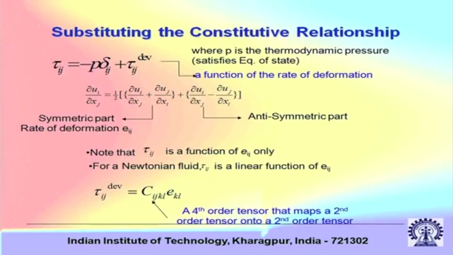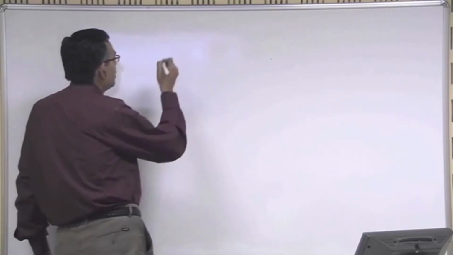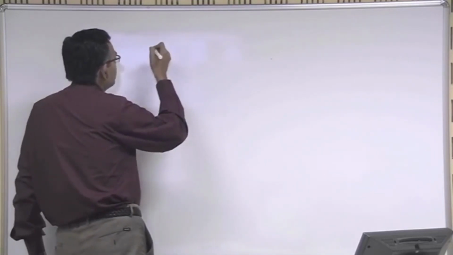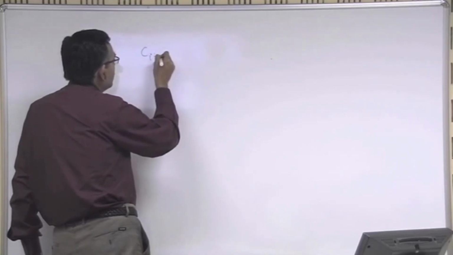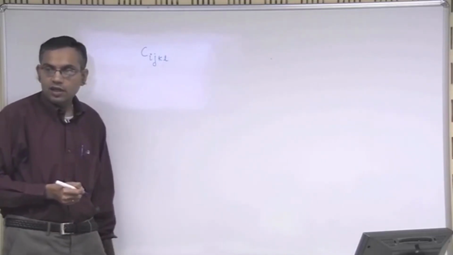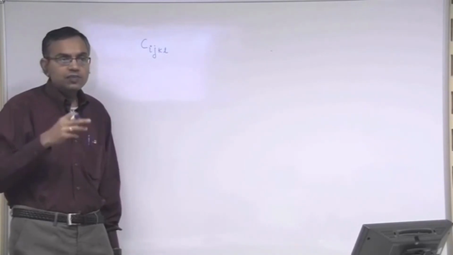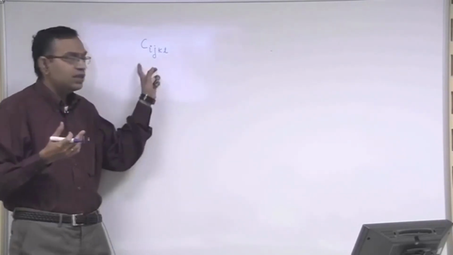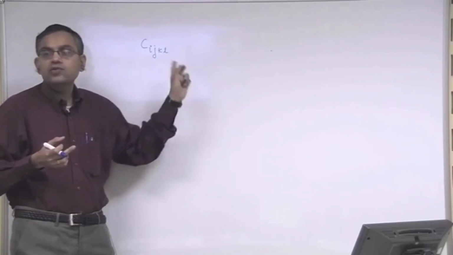To get further into this issue, let us go to the board and try to understand that. Cijkl, this is a fourth order tensor. Now, let us say that if it is isotropic, it is possible to convert this into an isotropic scalar. To convert this into an isotropic scalar,